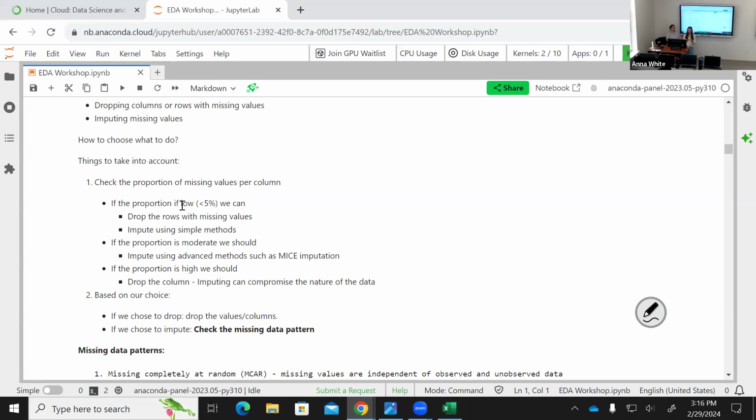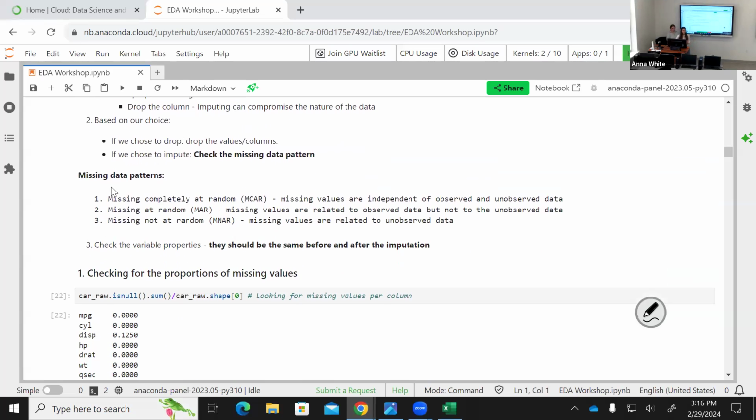But imputation is not something that is that easy, you know, we don't want to be just adding some random numbers to our data, and then this is going to compromise all of our results, right? So we don't want just to put a number just to keep the number of values that we want to have. We need to be very careful. And the very first thing that we need to check is the missing data pattern. So we need to try to see if these missing values have some type of relationship with the rest of